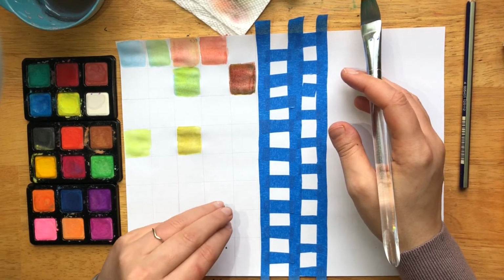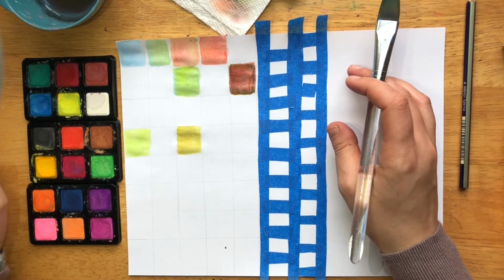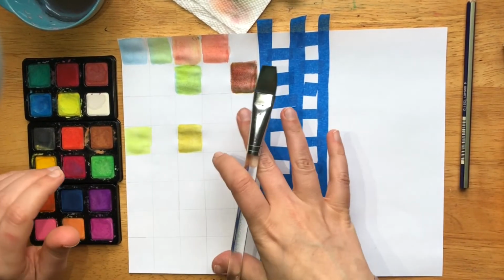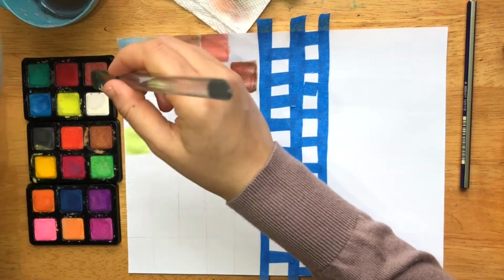And I don't know about you guys, but not all of us have a lot of watercolor paper at home. I have a few sheets left, so I want to try to savor them. So for this practice, I can do it on this paper. So we get the idea with those. Now I could do the same thing over here